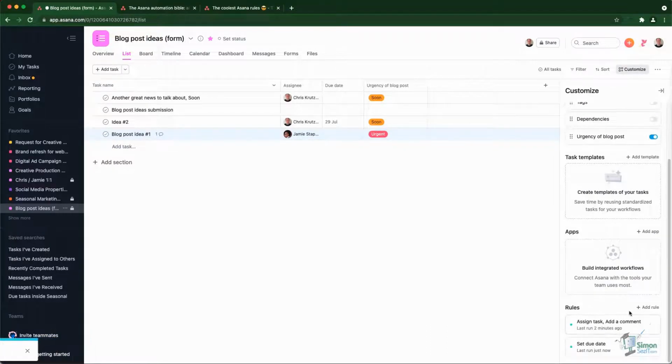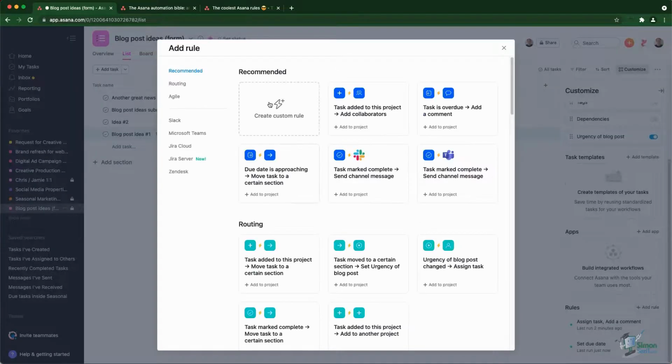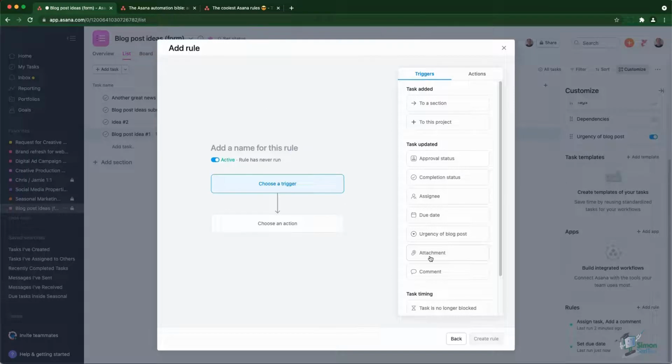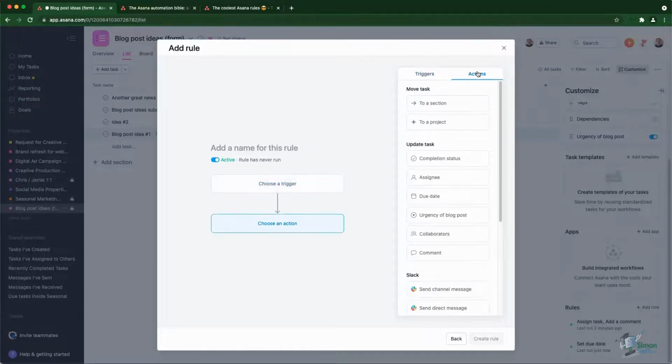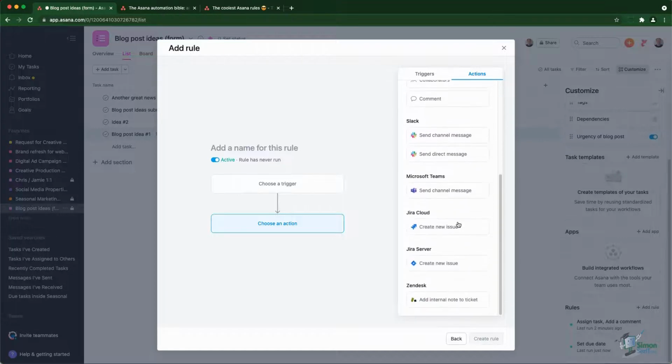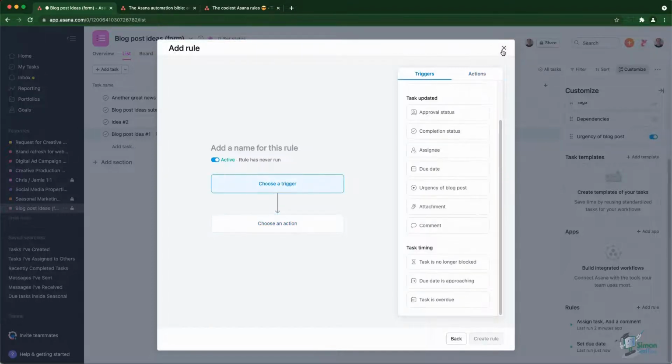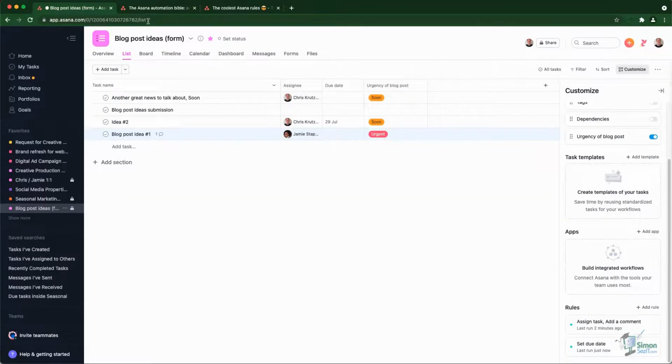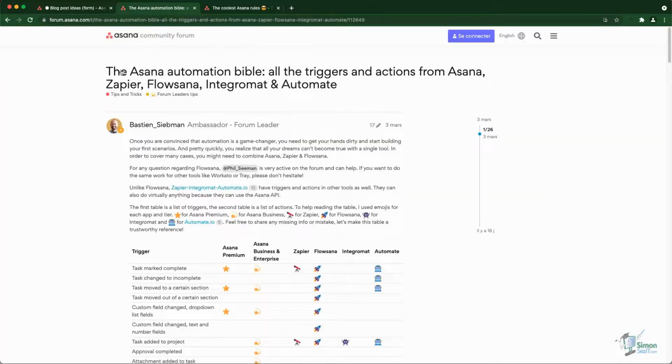I really encourage you to go through the different triggers available as well as the different actions. Asana keeps adding new triggers and new actions, including external tools like Slack, Teams, and other tools. So it's really worth it, in my opinion, to go there on a regular basis to check out any new triggers or actions. You can also check out a specific post I made called the Asana Automation Bible, which is a